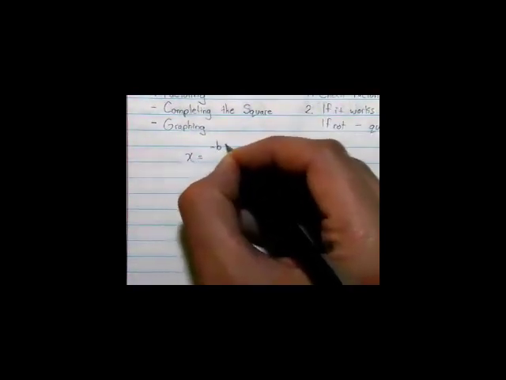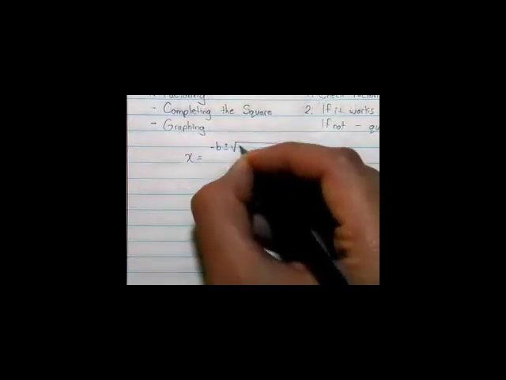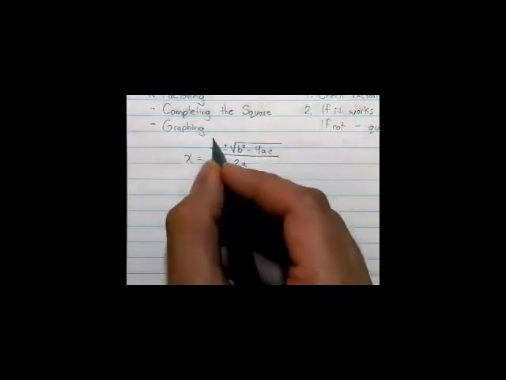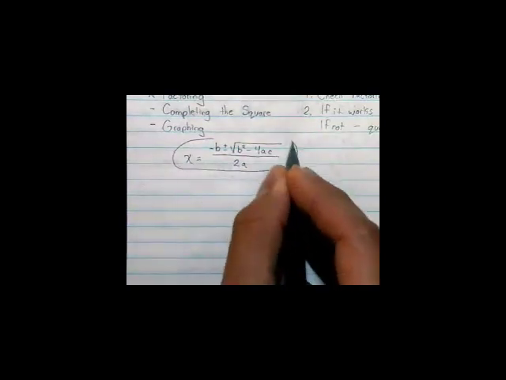So negative b plus or minus the square root of b squared minus 4ac, all divided by 2a. If you don't have that memorized yet, you should. I think by the time we get to our first quiz, we'll have used this so much that you probably will just have it memorized anyway. But if you don't, that's just something you need to know. That's a pretty standard equation that we're going to continue to use this year and in AP Calculus quite a bit. You just got to know it. So, all right, let's see if we can use this guy to